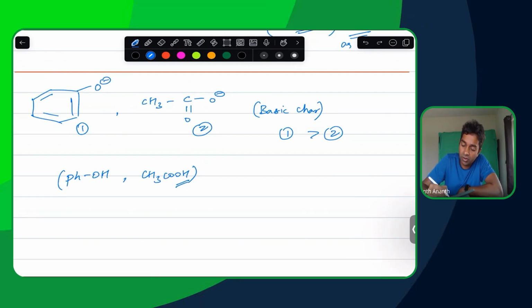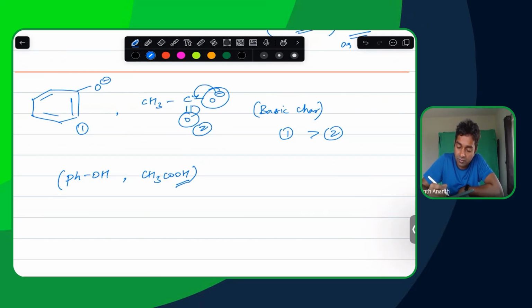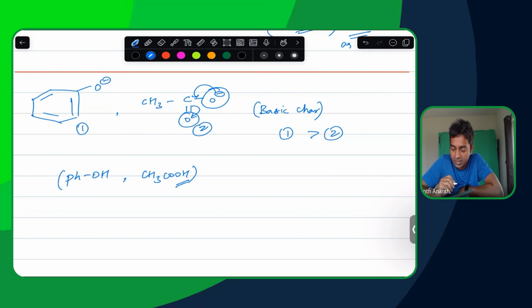In the acetate ion, both of these locations are equally susceptible, because you're going to have perfect resonance, right? You have very good resonance over there, so both of these locations are going to be equally good. In this case here,